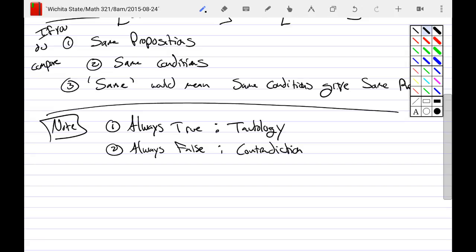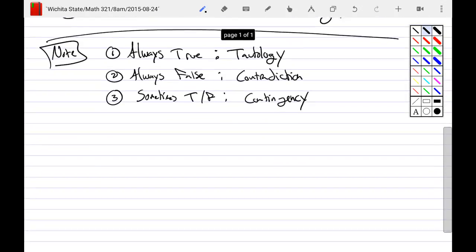On the other hand, the third possibility is sometimes true, sometimes false, and this is a contingency. The idea behind contingencies is, you look at it and say, under certain contingencies, it's true, and under certain other contingencies, it's false. Examples of things like this